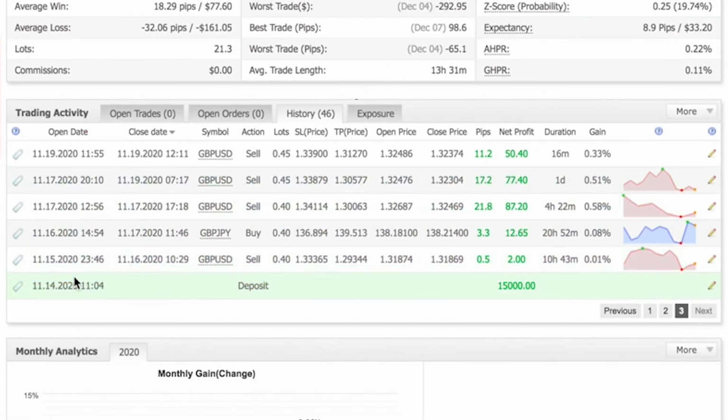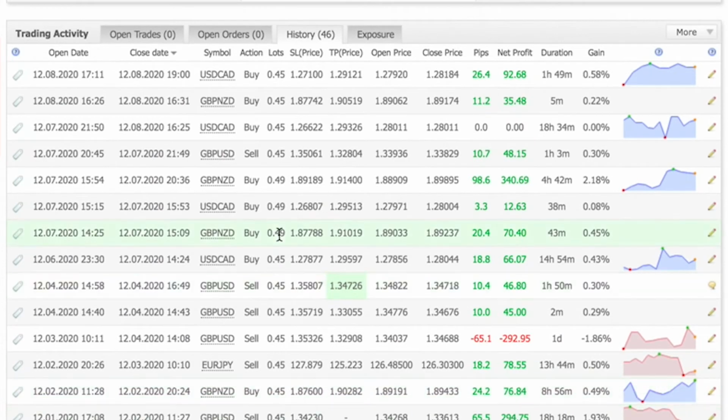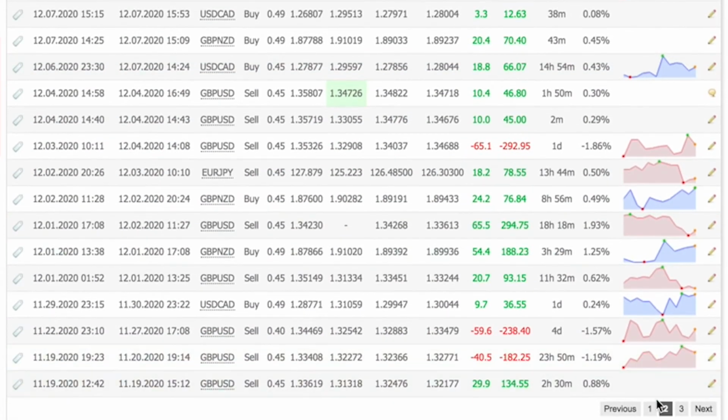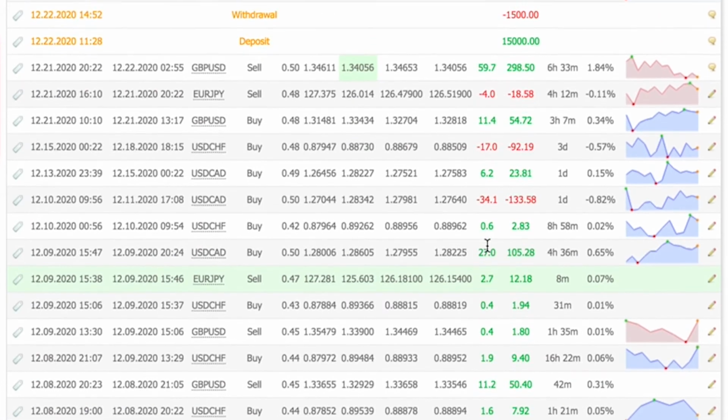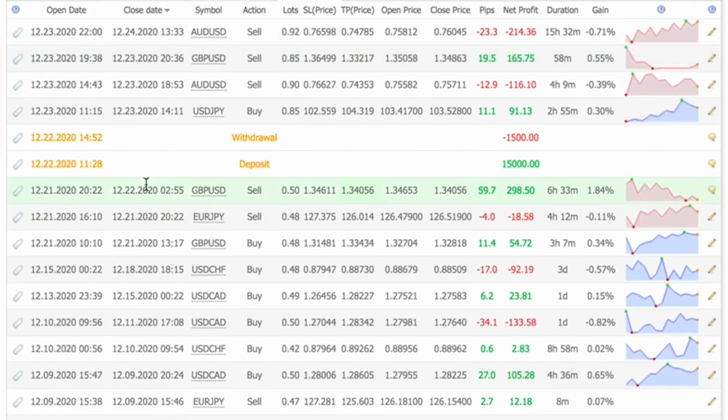And this is the 14th of November when he first joined our program. He was trading at 0.4, 0.4, 0.45. We saw that. Let's have a look at the second page. 0.45, 0.49. So okay. And maybe just a few positions he opened at maximum full lot size when he was trading the 15K account. The 22nd of December is when he reached the 10%, and now he is trading at the moment